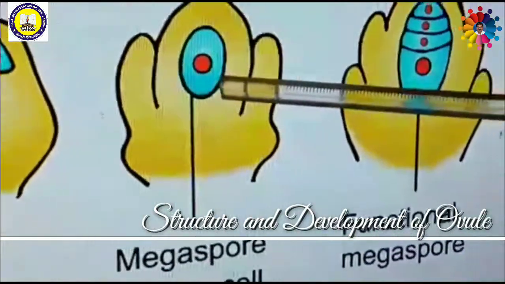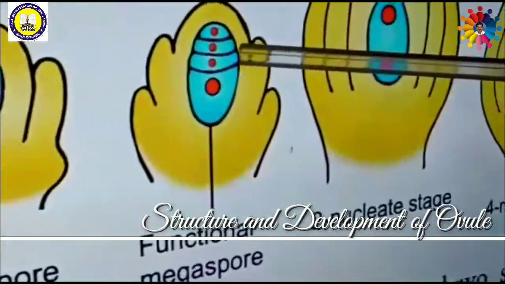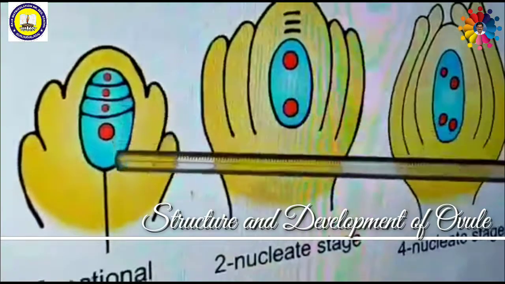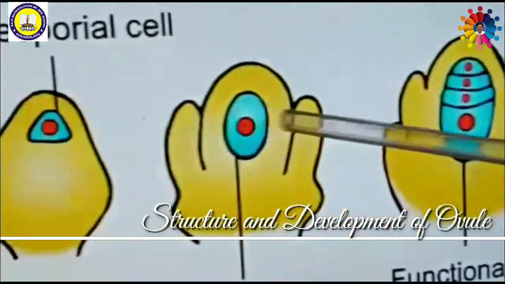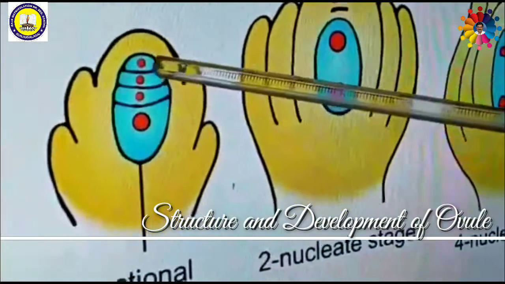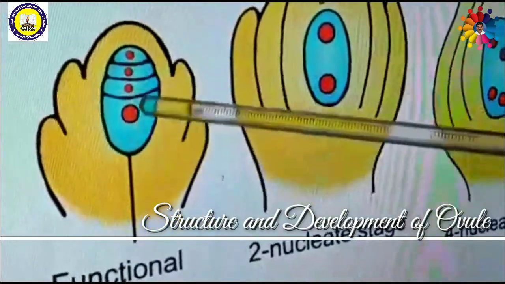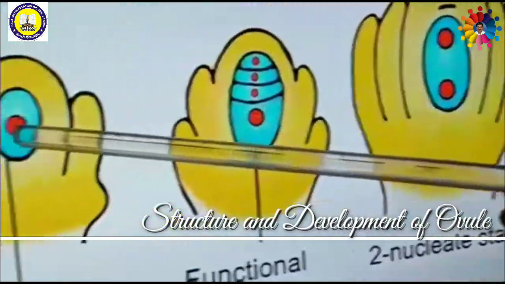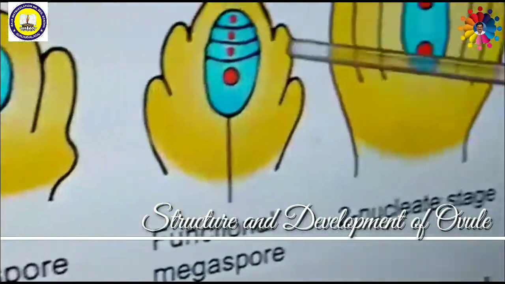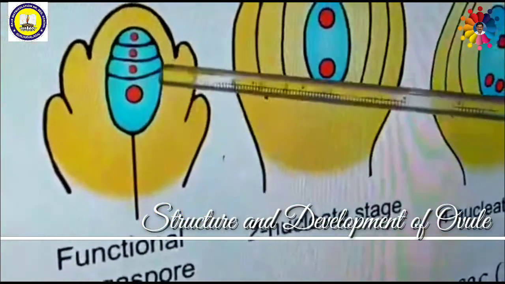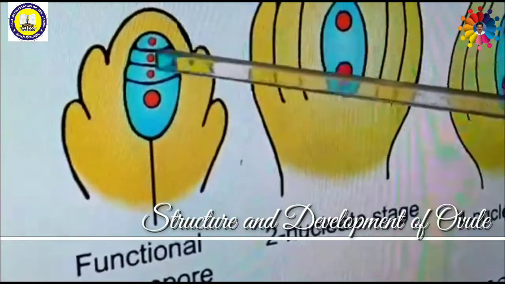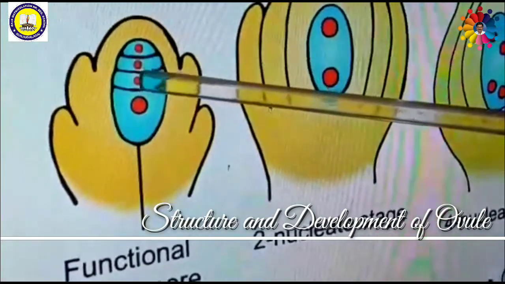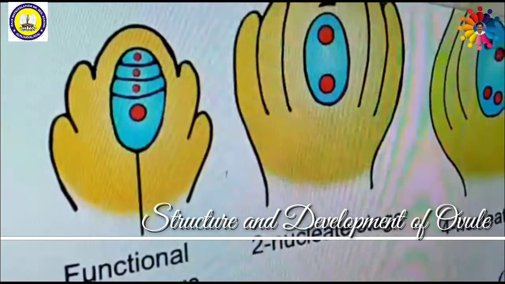So the megaspore mother cell undergoes meiotic cell division to form a 4 cell stage. Out of these 4 cells, now it is haploid. It is diploid in nature. Now 4 different types of cells may be formed from the megaspore mother cell. This is called the male gametophyte will be formed later on. This is called megaspore. Now out of these 4 different cells, these 3 cells towards the micropylar end will